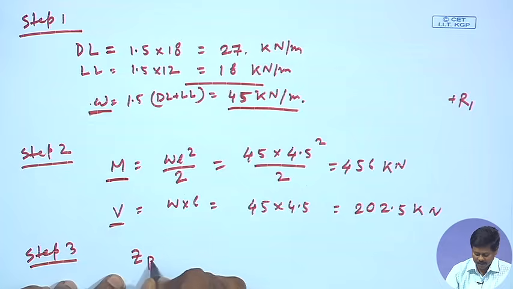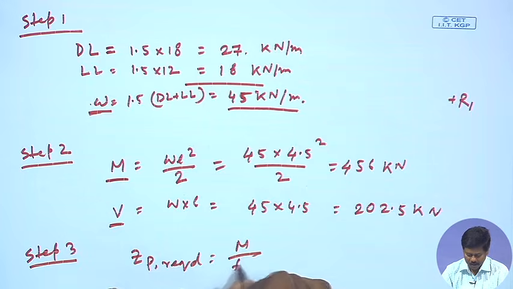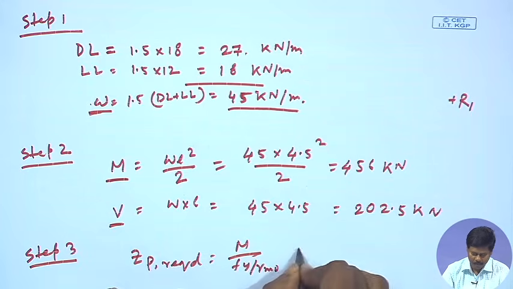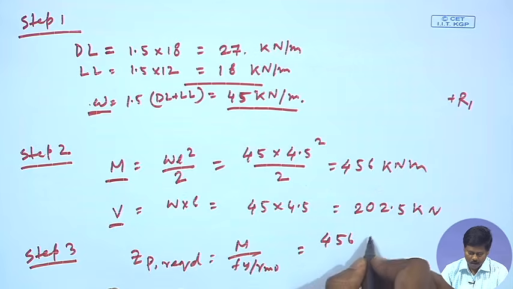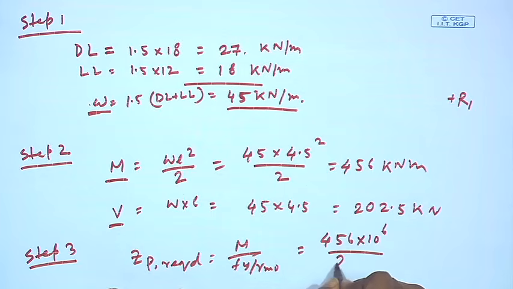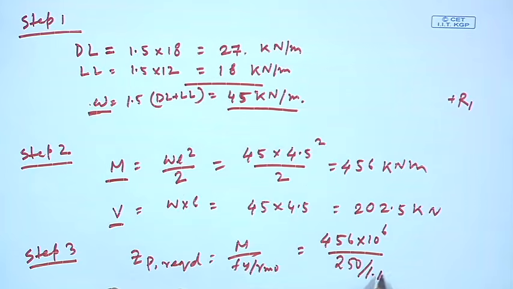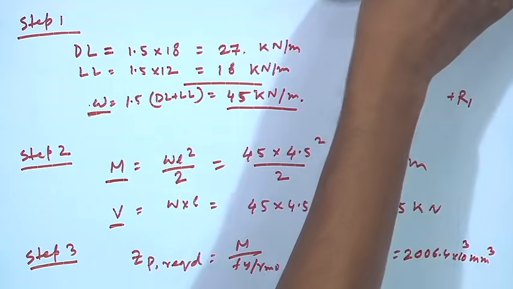For that we can find out Zp required, that will be M by Fy by gamma m0. M is 456 kilonewton meter. So, 456 into 10 to the 6 Newton millimeter by 250 by 1.1. So, this is becoming 2006.4 into 10 cube millimeter cube. So, in step 3 we could find out the